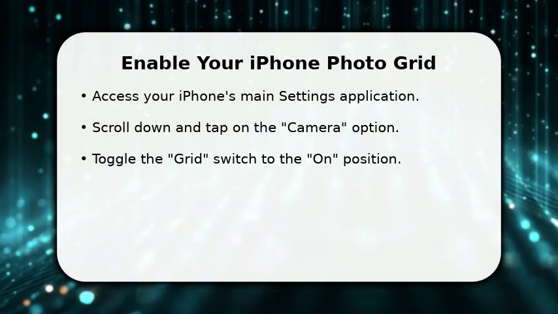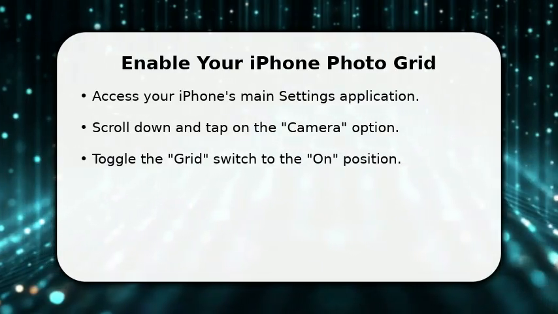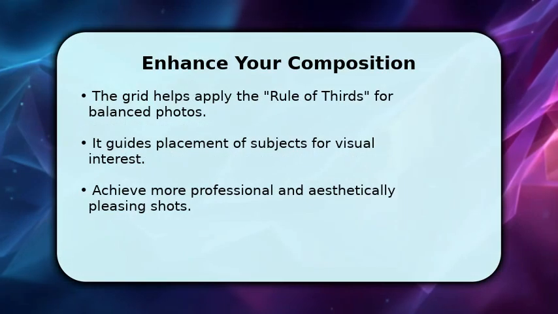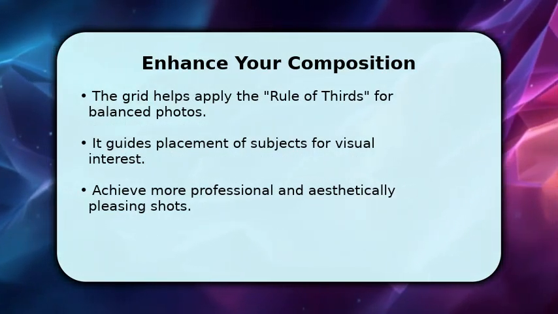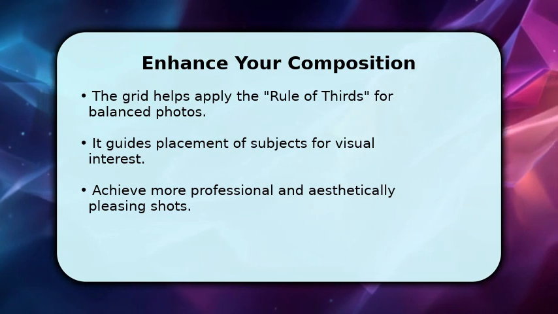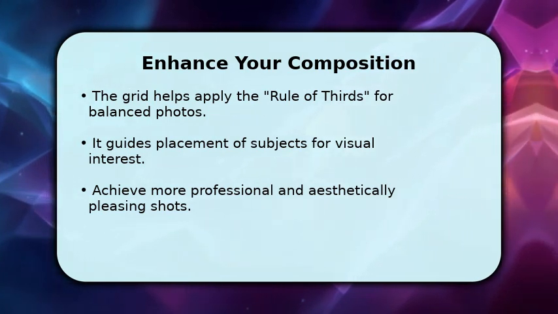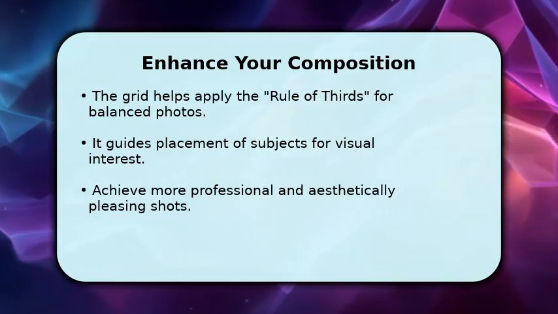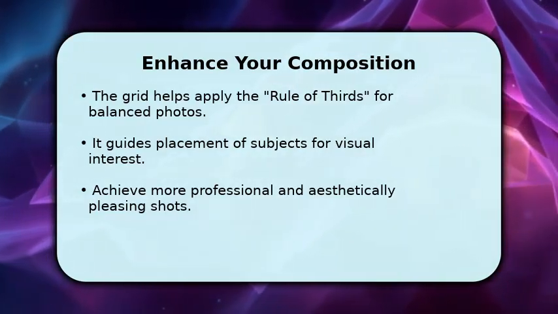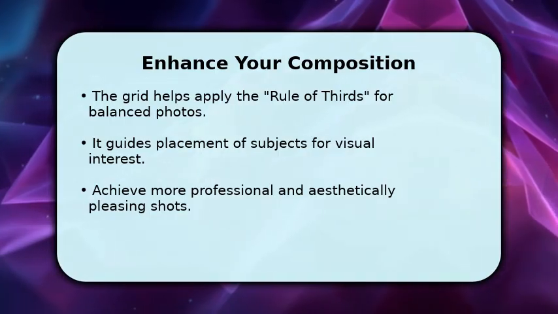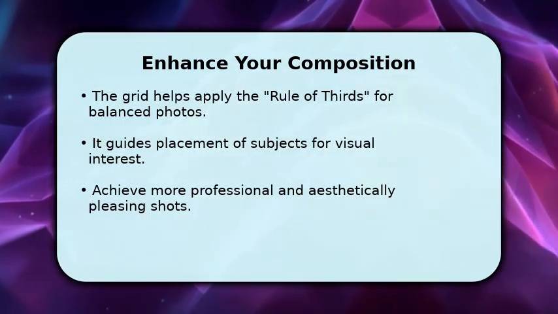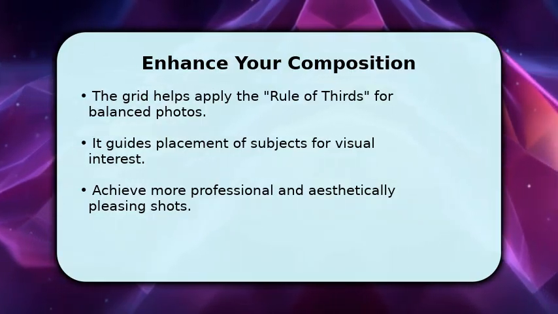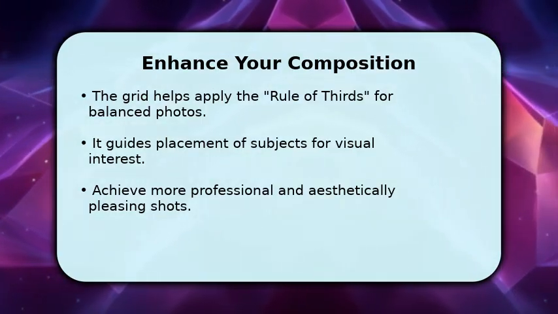Now, when you open your camera app, you will see a helpful 3x3 grid overlay on your screen, ready to assist your photography. Using the photo grid significantly enhances your photography by guiding your composition. It helps you apply the rule of thirds, a fundamental principle for creating balanced and engaging images. By aligning key elements with the grid lines or their intersections, you can draw the viewer's eye more effectively. This simple tool helps you achieve more professional-looking photos, ensuring your horizons are level and your subjects are perfectly placed